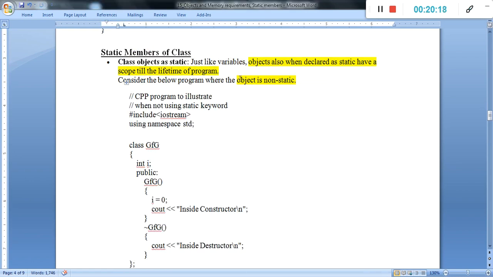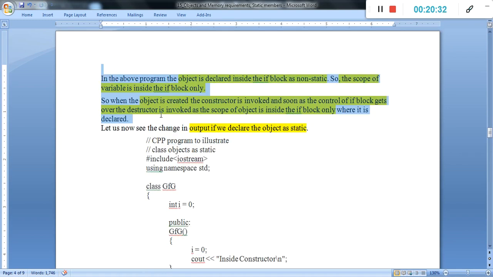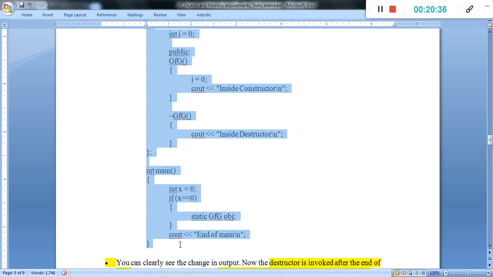If the object is not static, then what will be the output? In this particular example, we will understand two things: a program with a non-static object and what its output will be, and a static object and what its output will be.